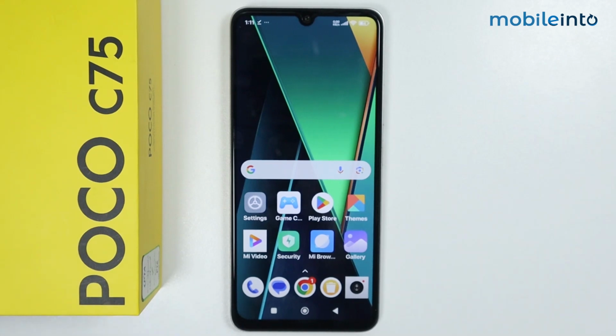Hey, what's up guys? So in this video we will see how to set up dynamic island on any Poco